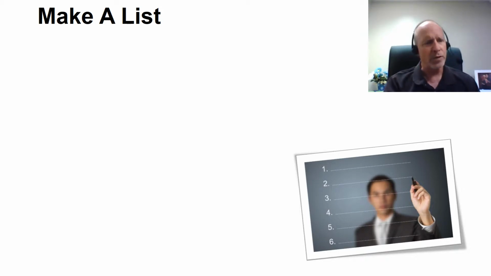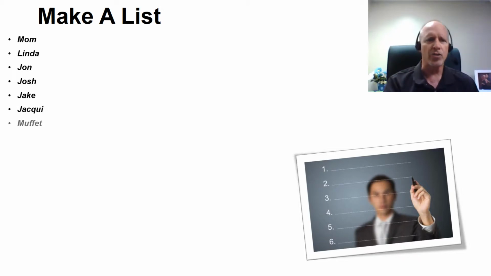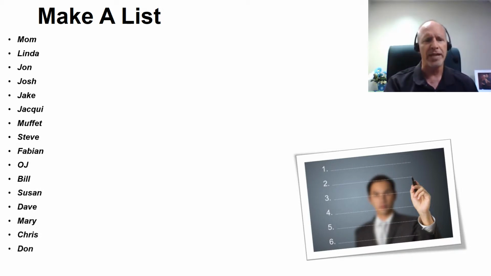Now remember, in the Greek, the word for relational network was oikos. It meant household, what we would call today a relational network. It consists of family, extended family, friends, neighbors, coworkers, people that you go to school with, and so on. And this is just a list of the names that I came up with in my relational network that I identified with this first step of making a list.